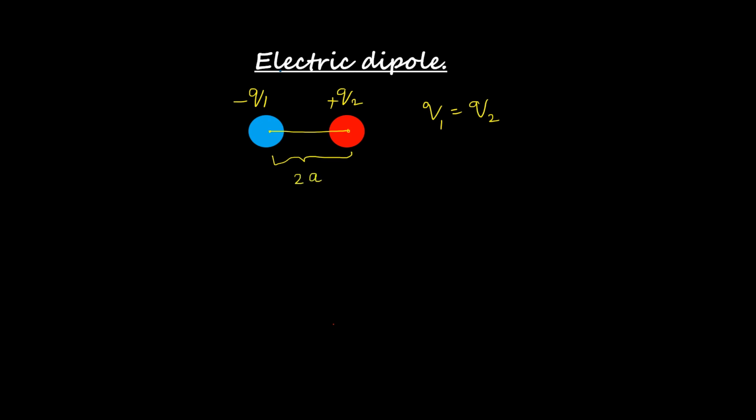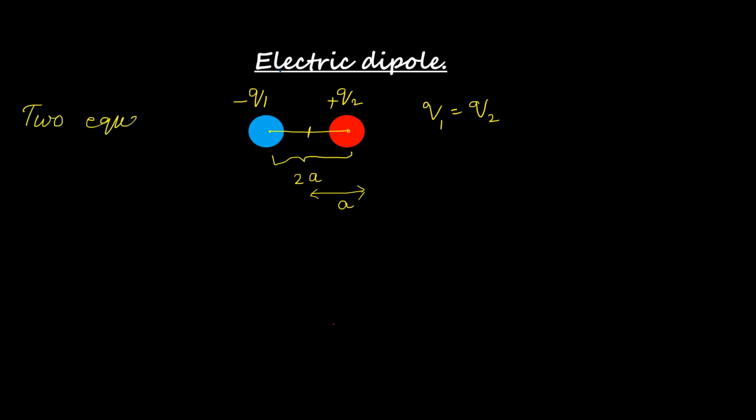You should not confuse there. The total distance is taken as 2a. We will need this concept for doing derivations and also doing problems. I will mark the midpoint of this distance. Distance of the midpoint to the center of any one of the charges is equal to a, that is half of 2a. This arrangement is called electric dipole. You can easily remember this. The word electric stands for charge and dipole means polarity, that is negative charge and positive charge.